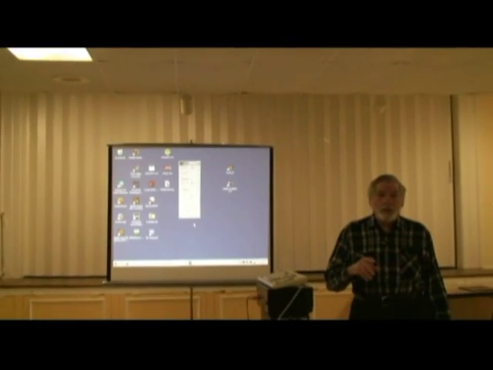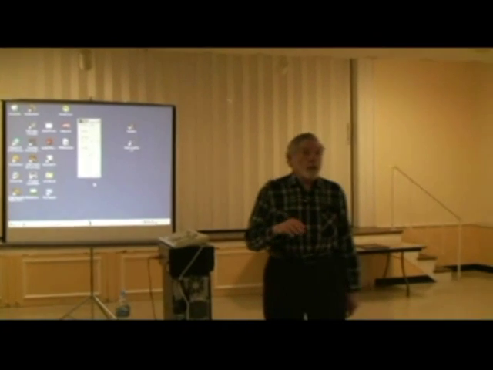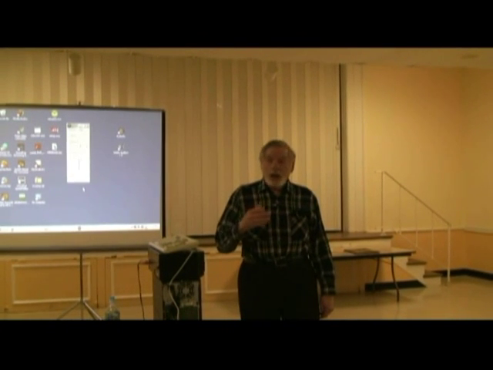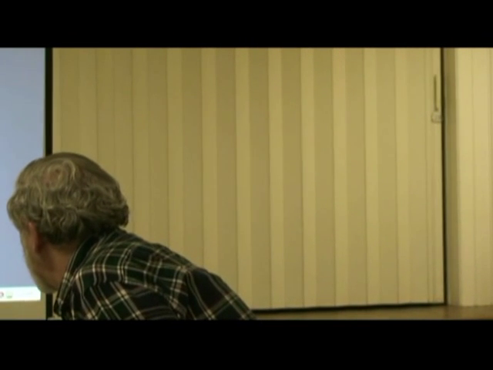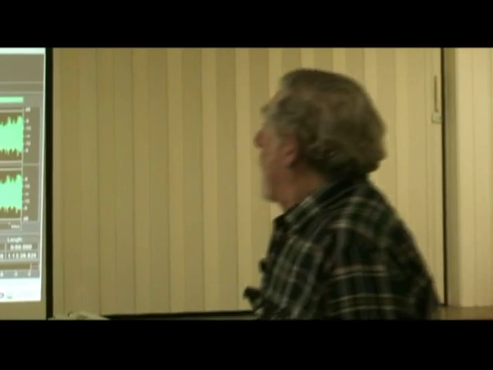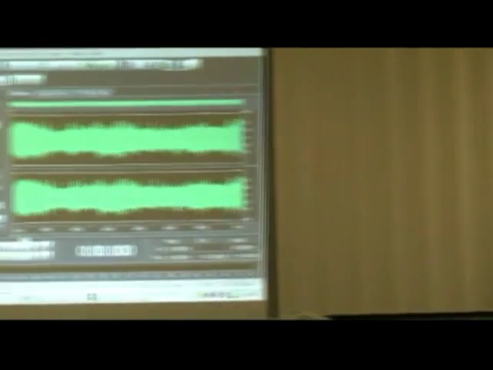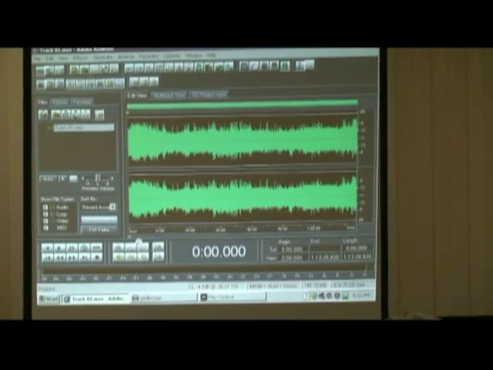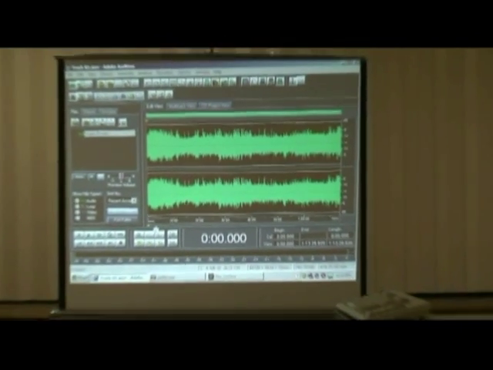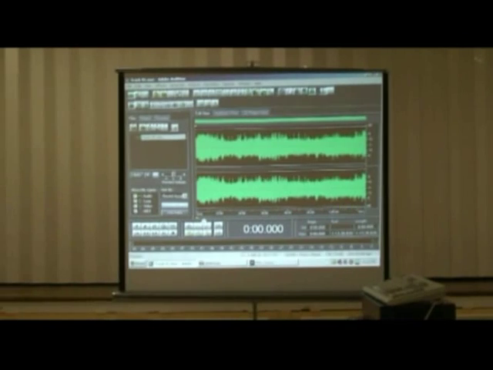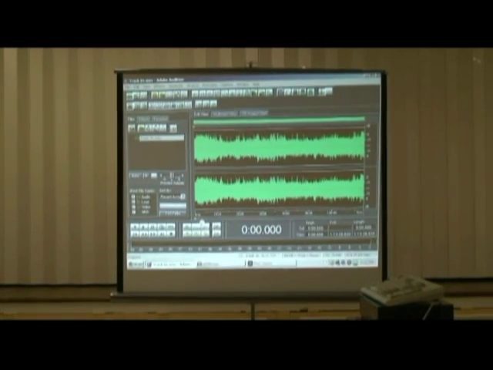The other program that I've used for years came out of Cool Edit, which was also a free program. Then you could upgrade it for about $40 or $50, and then Adobe bought it, and it became Audition, and that's this program. There's an awful lot of things you can do with this. For what we're going to do tonight, we probably won't need a tenth of them, but it has a lot of nice features. It also just has a nice user-friendly